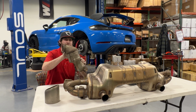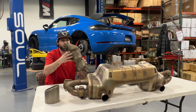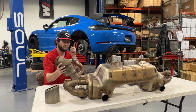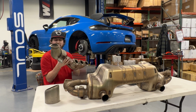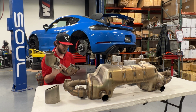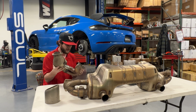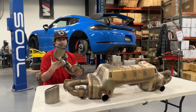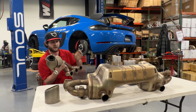This is pretty necessary in order to make this kind of quick transition and angle, minimize welds, and maximize strength and longevity, especially for guys that are tracking their cars. I approve of that. As it comes out here, when I measured this, it was about 2.5 inches, which comes out to about, I think, 70 mil. Not 70 mil, that's 2 3/4. About 65 in terms of millimeters, but either way, it's just about 2.5 inches there